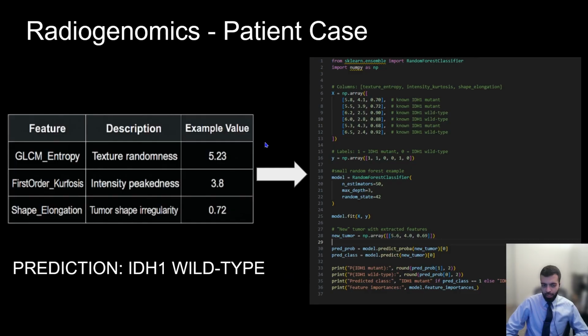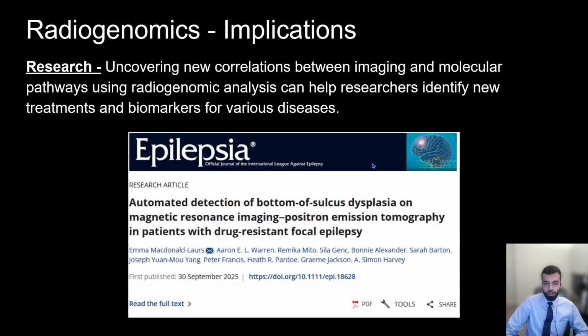And so in reality, we'd most likely have hundreds of features that are extracted, and we'd be comparing this to thousands of patients. But for the purposes of this presentation, I just wanted to keep it simple so it did not get too complicated. And so regarding some of the implications of radiogenomics, as we continue to develop this technology,